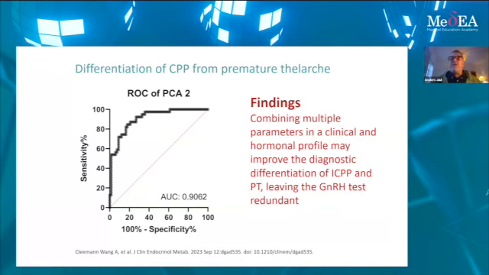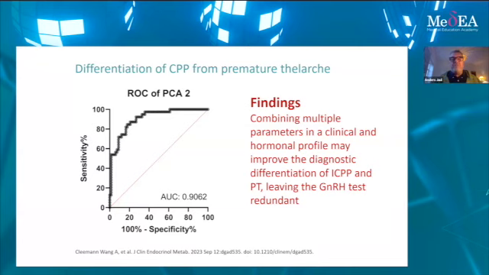So I'm not saying here that this is what you should all do in the future, combine these four parameters, but I'm saying that perhaps we should look at our data again and use artificial intelligence to see if we can combine parameters and in this way improve the diagnostic differentiation between CPP and premature thelarche, hereby leaving the GnRH test redundant, hopefully in the future, and be better to identify those girls who need a brain MRI and those girls who may benefit from a GnRH analog therapy, i.e. have a GnRH dependent